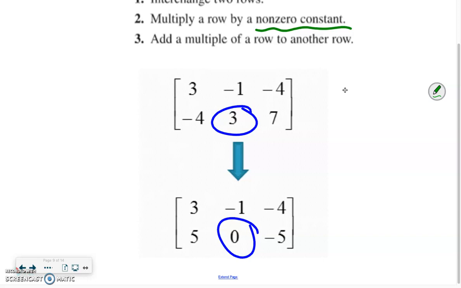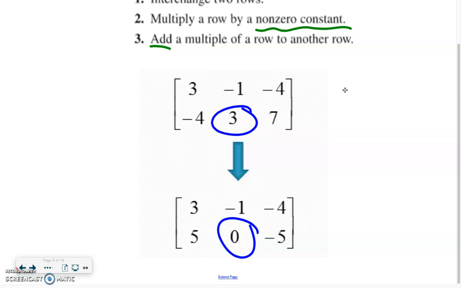So, what is now our only way to go from 3 to 0? We've got to subtract 3. Since we don't have subtraction in there, it has to be addition, we just have to switch it in our brain to say we have to add -3. So, guys, I really want to stress this. I feel like I could have done a better job in second period by being more adamant about this. But guys, the third option of elementary row operation, the one that we're about to use right here, it's